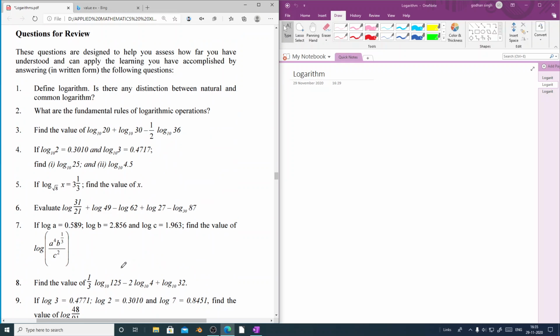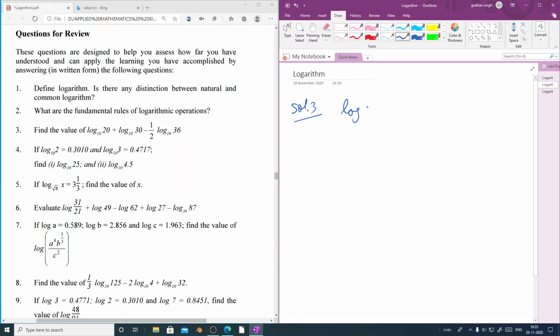Now here, let us see this question number 3. Find the value of log 20 with base 10 plus log 30 with base 10 minus half log 36 with base 10. Now here we'll apply the laws of logarithm which we have learned. So solving the third one,